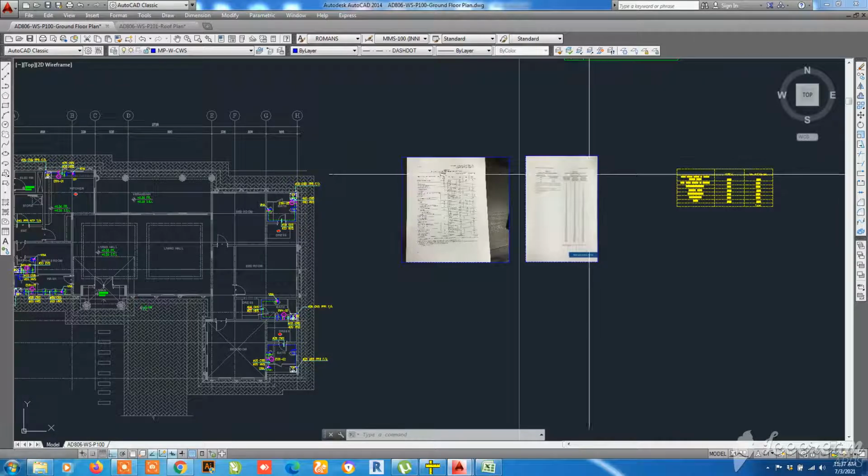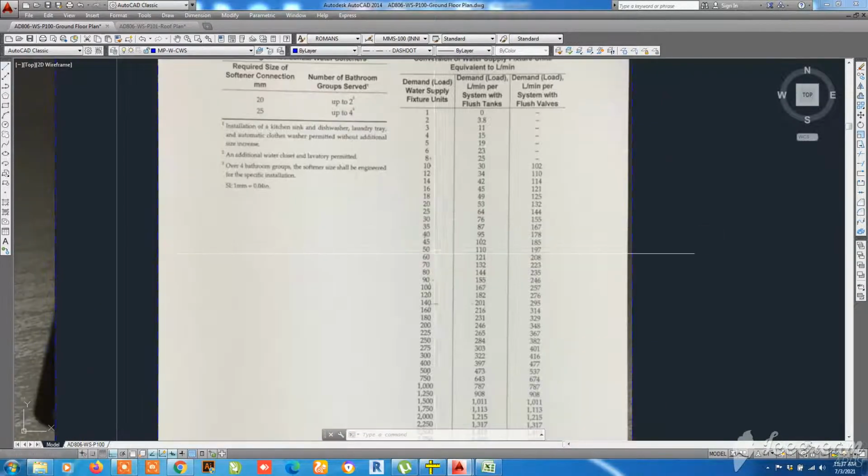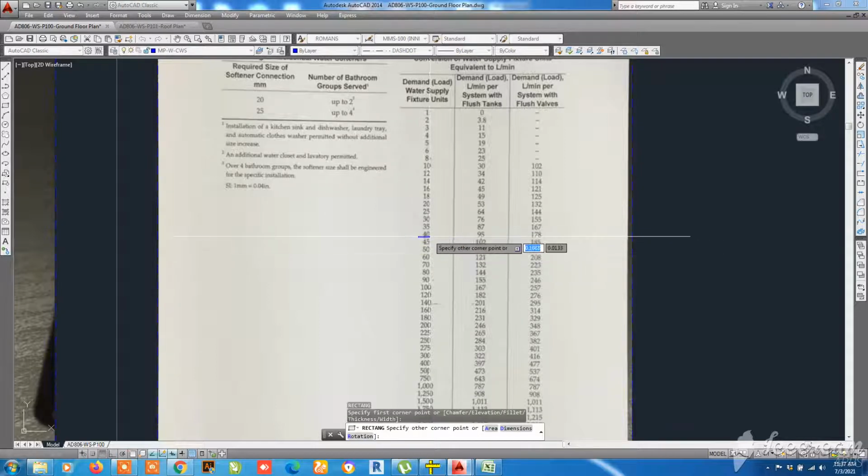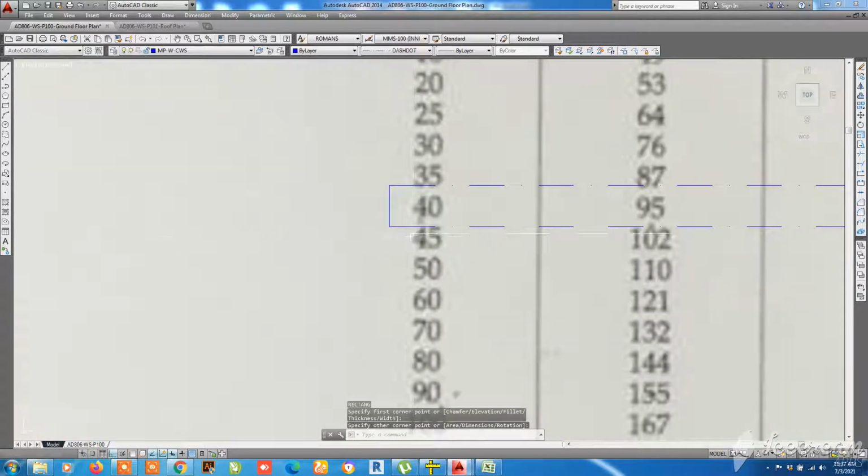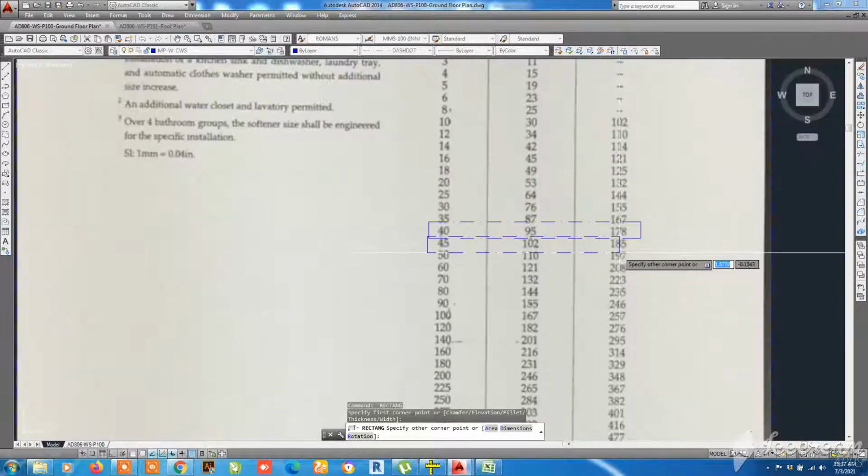Again we need to go to the plumbing code. We got 41, which means above 41 we need to enter 40. This is the value, and next, 45 also we need to take.